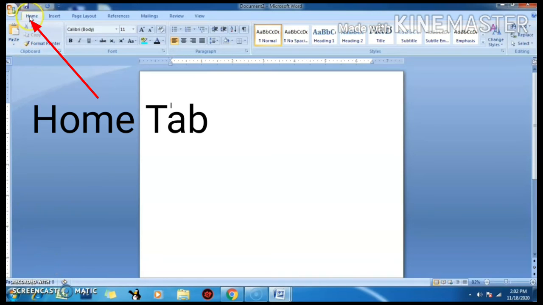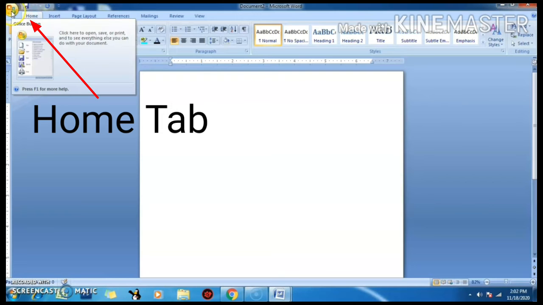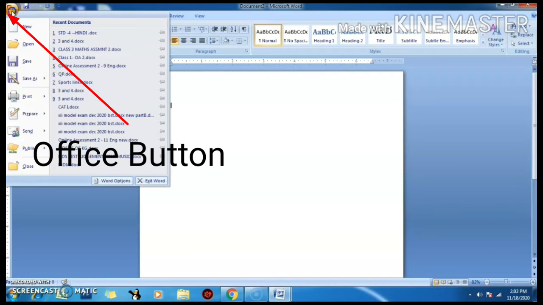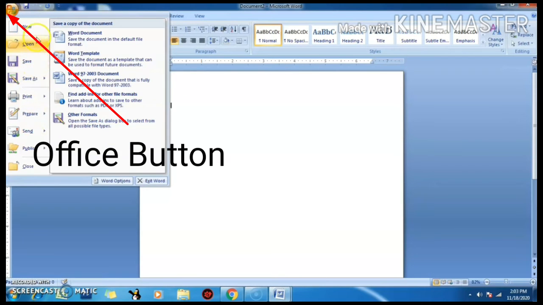And then the Home tab. Home tab is open on the ribbon section until any other tab is clicked. And it contains many functions like changing the font, its color and size, etc. That is the Office button, and it is used to save, open and print the documents.